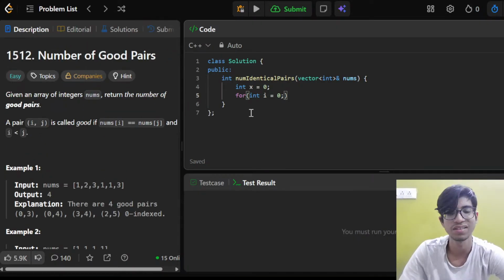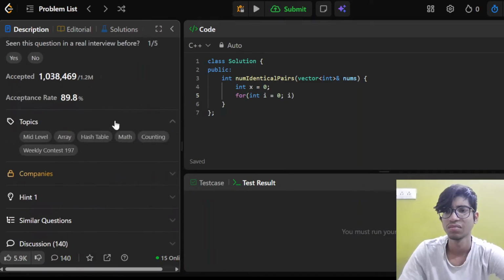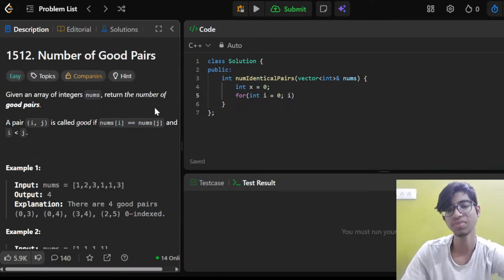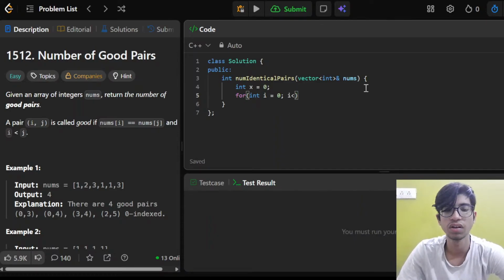Yeah, this is just an n square solution. Pretty easy, I guess. What is there? Mid-level array, hash table, math counting. What the hell? This was in a weekly contest, by the way. Which weekly contest was this in? I'll soon be giving one weekly contest.